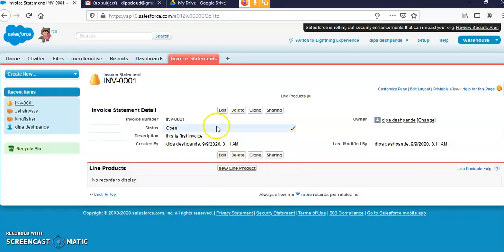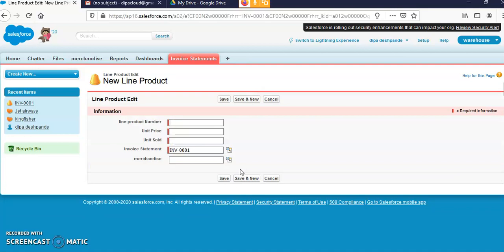See, we related objects using master detail relationship and lookup relationship. Here you can find new line product. That is, we added line product and associated it with those two, merchandise and invoice statement.